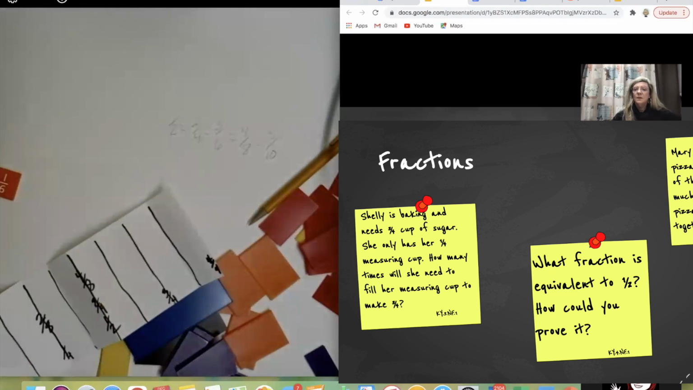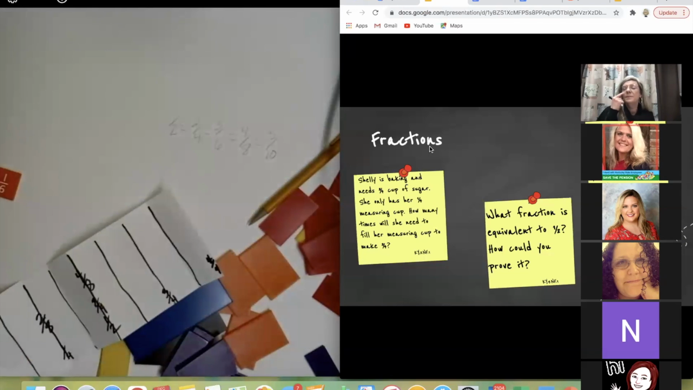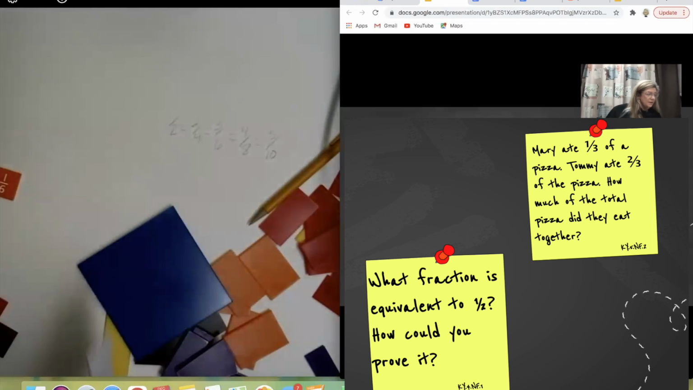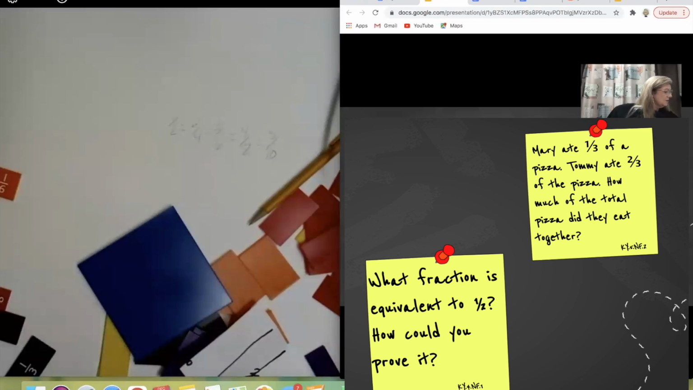Okay, one more with fractions. So let's look at a 5th grade one. Mary ate 1/3 of a pizza. Tommy ate 2/3 of the pizza. How much of the total pizza did they eat together? So we're looking at 1/3 and 2/3. So they can actually build